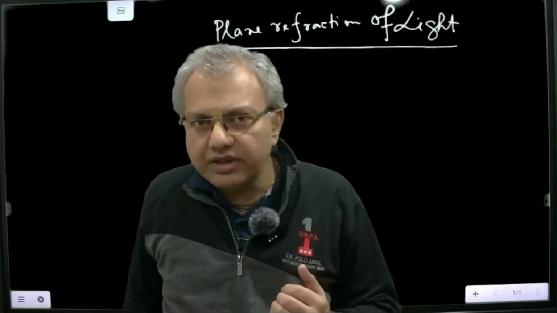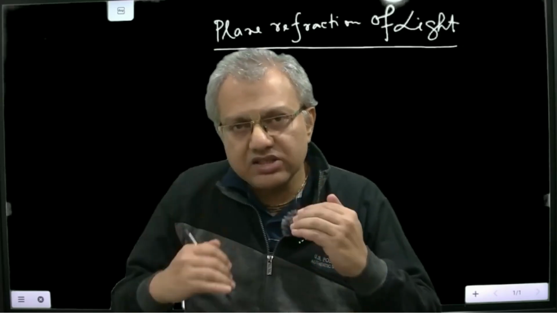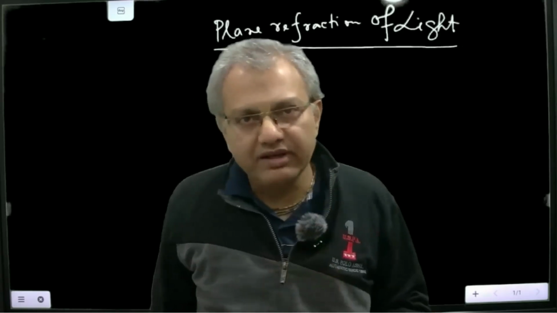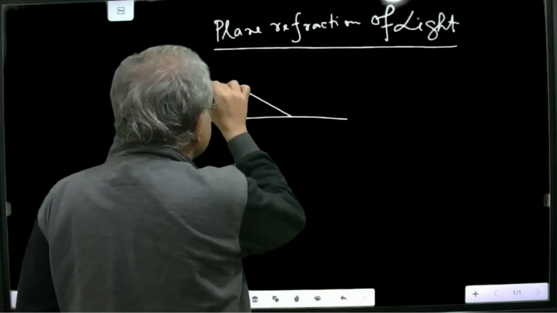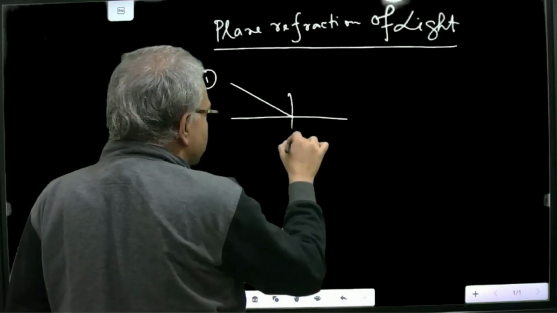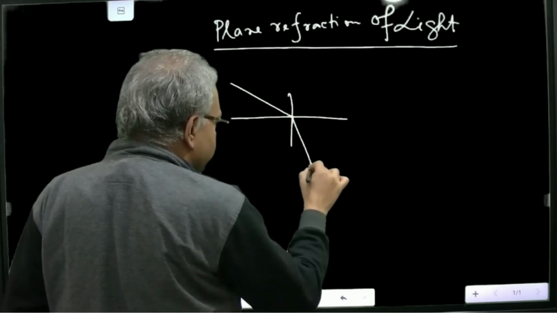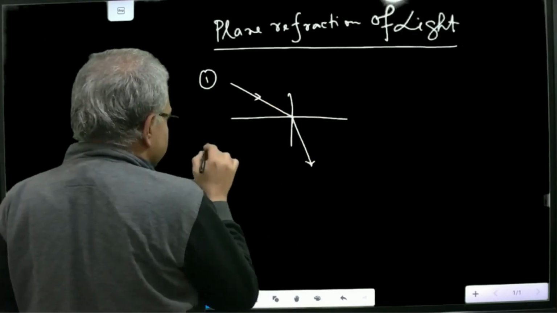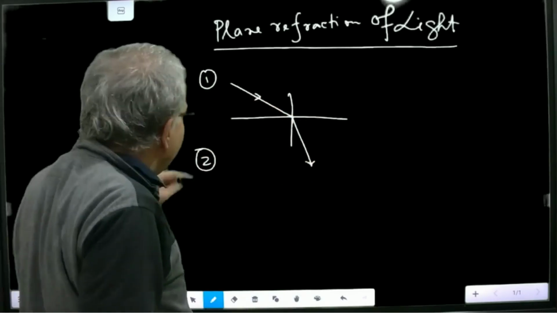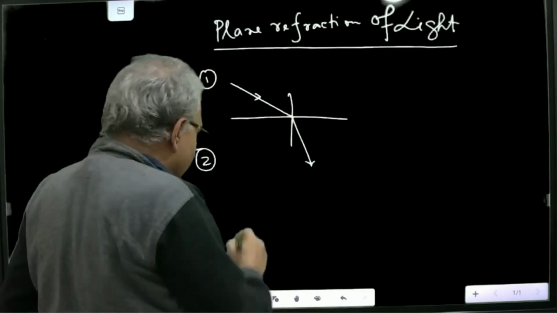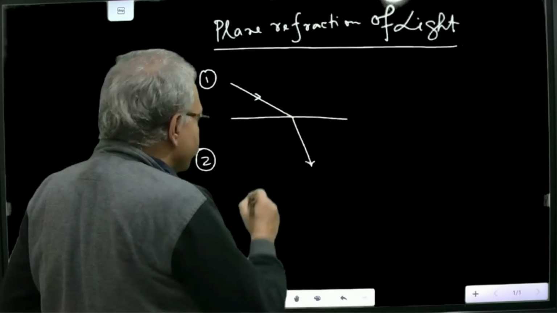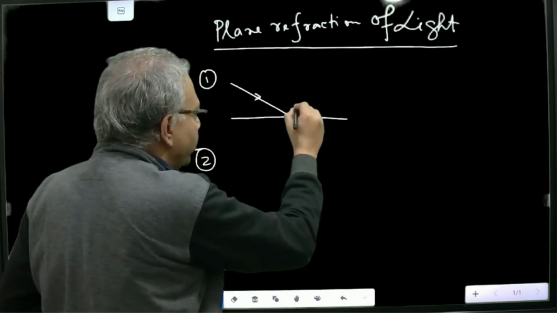Actually, you observe what is happening when light is traveling from one medium to another medium, like this one. Light is traveling. This is medium 1. I'm just going to drop a perpendicular, and it is coming to medium 2. From medium 1 to medium 2, light is traveling. So now, if I drop a normal at the point of incidence,